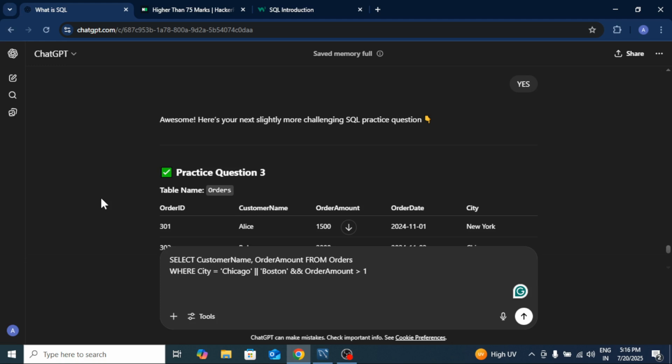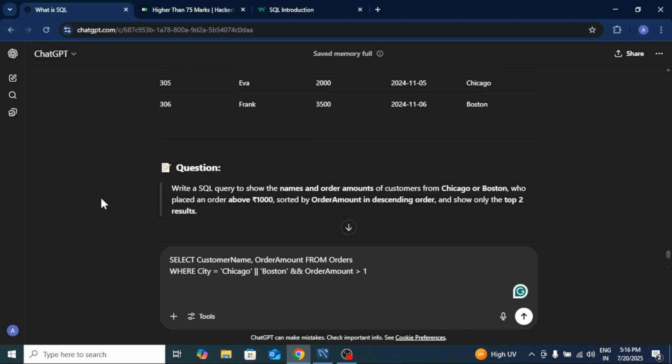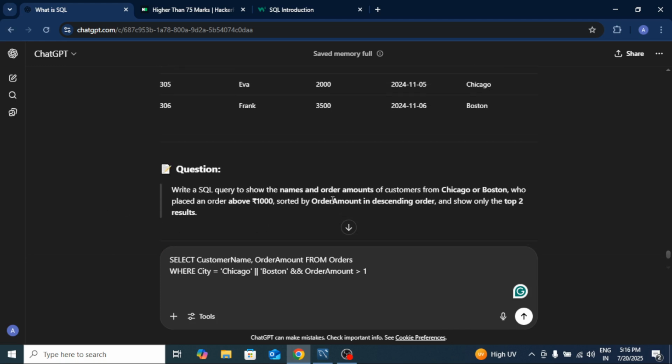Where is the question? Yeah, where order amount is above 1000. So basically where city is equal to Chicago, this is one condition, and order amount is greater than 1000,